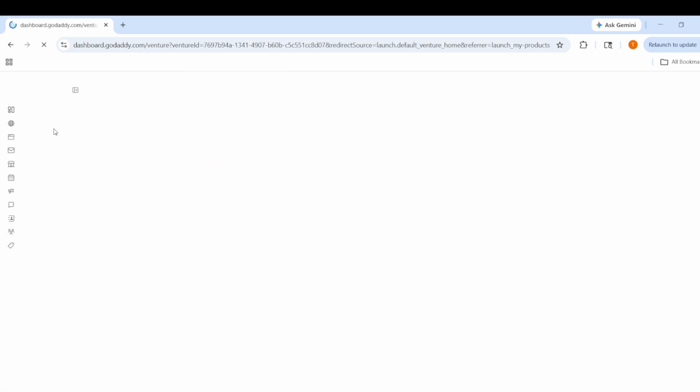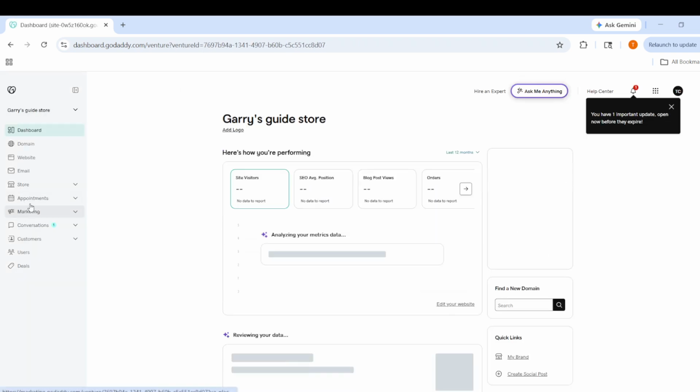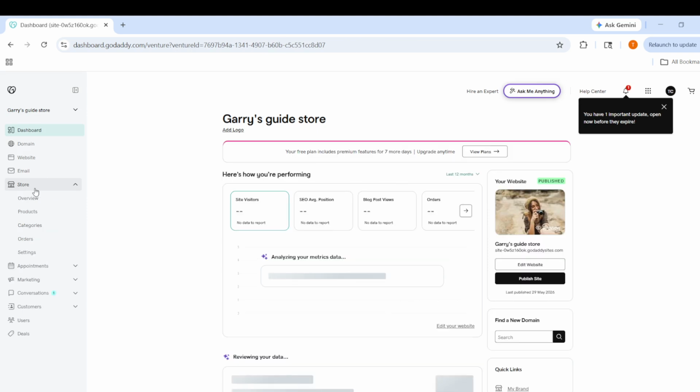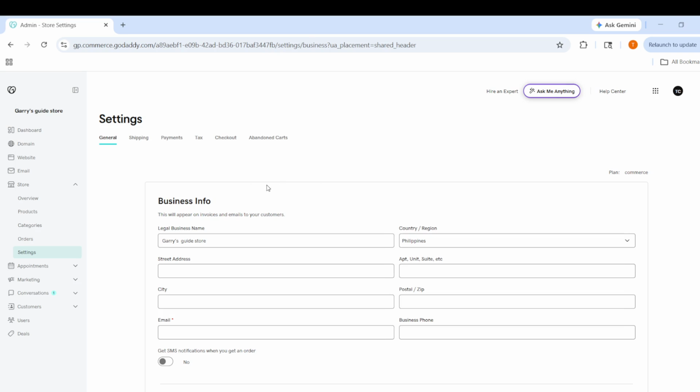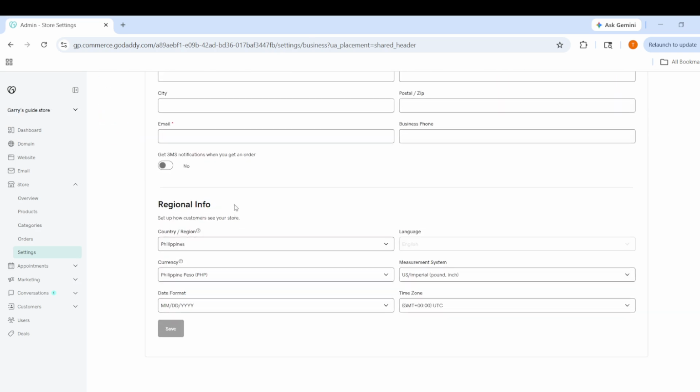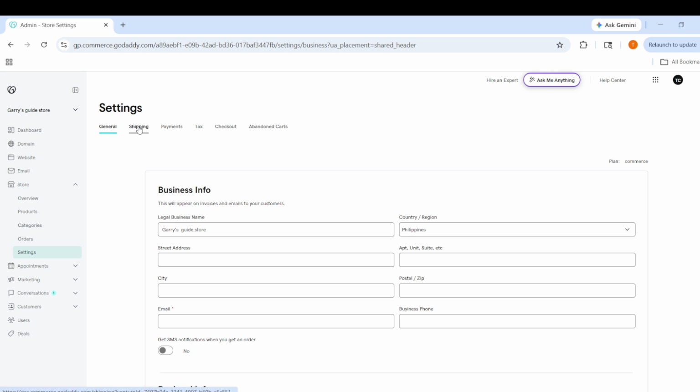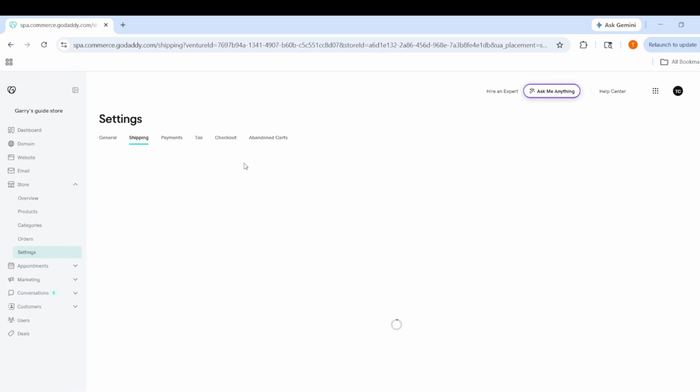Now you can choose the shipping method that works best for your business. You will see options such as free shipping, flat rate, weight-based, and carrier calculated. Click Add next to the method you want to use. The right choice depends on how you want to charge customers. For example, free shipping can help simplify checkout, while flat rate gives you a fixed charge. Weight-based shipping is useful if your products vary in size or heaviness, and carrier-calculated shipping can automatically adjust rates based